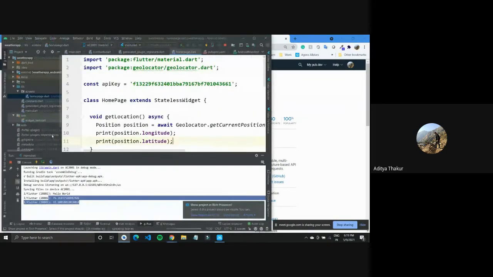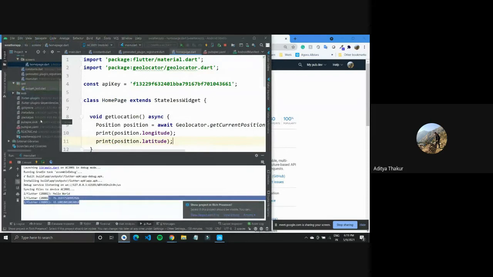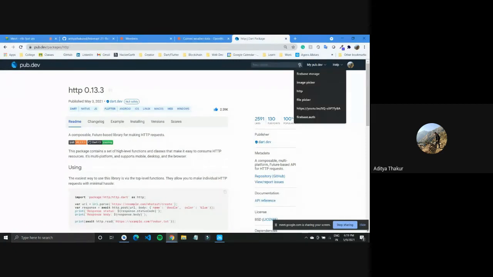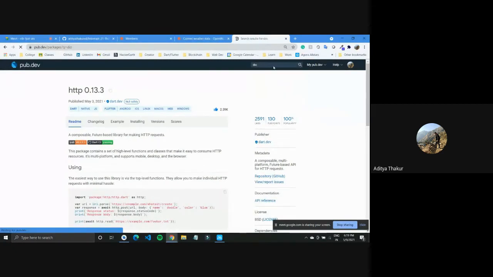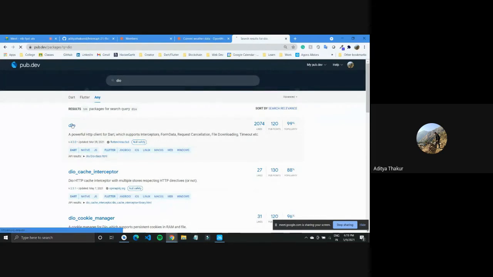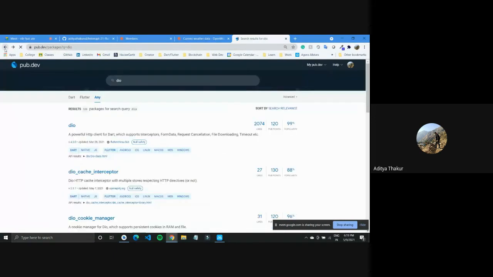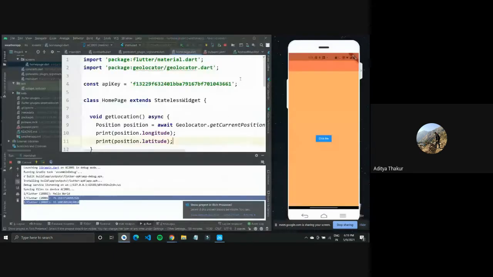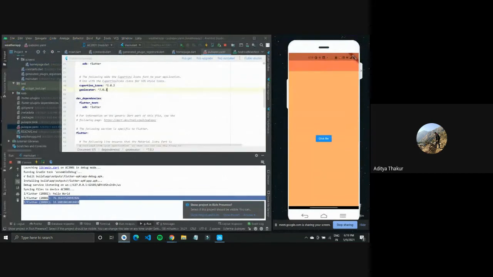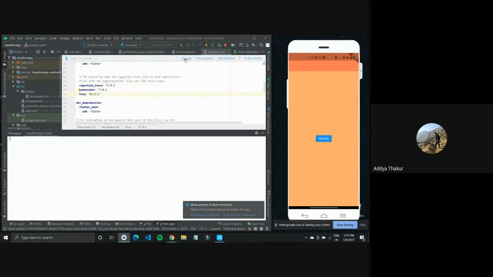It isn't showing up right now, so we'll just go down to pubspec.yaml. There are other variants available too for HTTP. There's Dio, I think, which is a variant for it. Yeah, this is one of the variants of the HTTP package that you can use, but we'll just go with HTTP for now. So go down to pubspec.yaml, paste it here and also do a pub get. It should fetch the files.